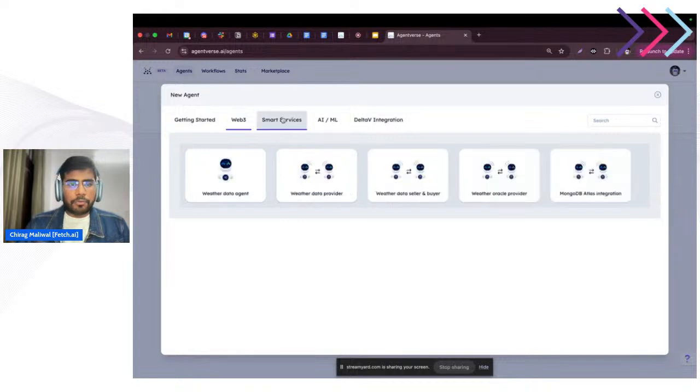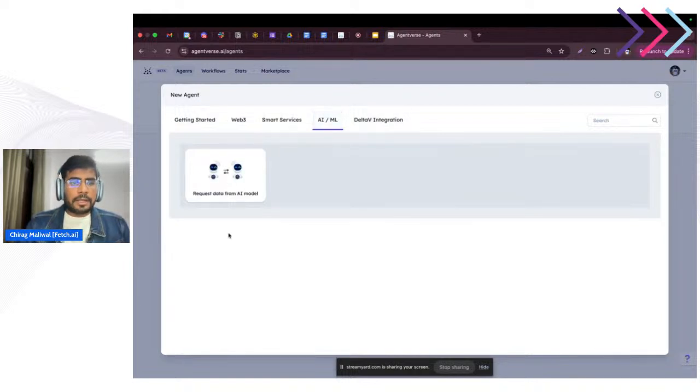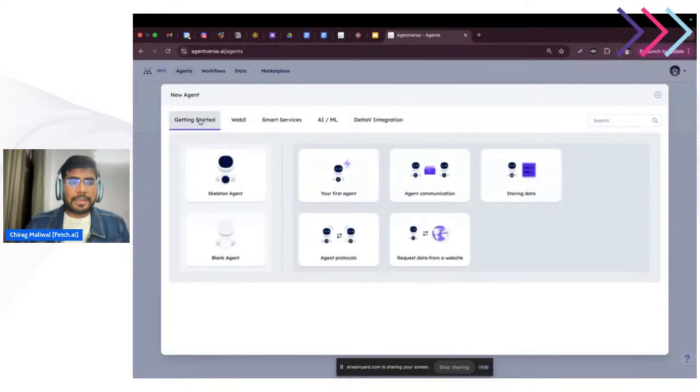We have a couple of templates available, like weather data agent, where one agent has weather data and is selling it to other agents. We have a couple of AI/ML examples where one agent is requesting the AI model agent, and the agent is charging for the data. So we will pick a very basic example. So that is my first agent.